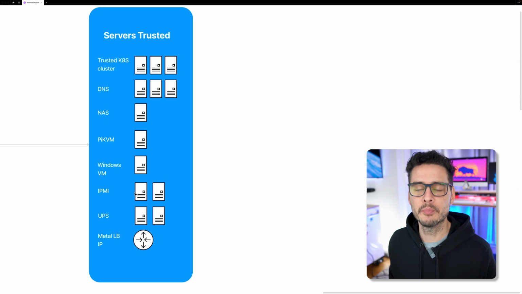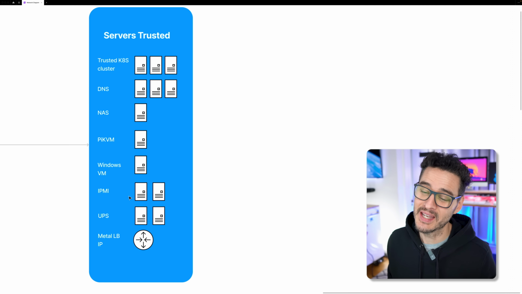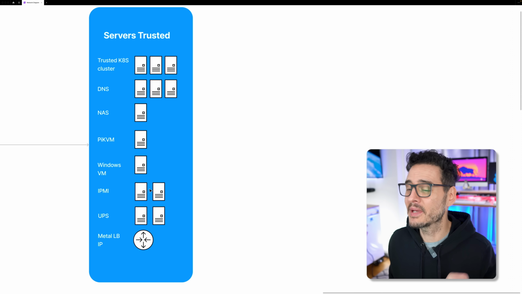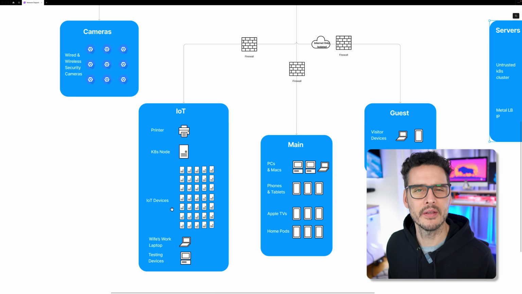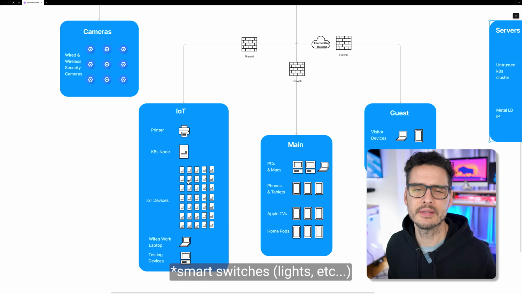Now this is kind of debatable, but I decided to put my IPMI devices on my trusted network rather than on my IoT network. And again, this is a decision that you're gonna have to make. The reason I put them here is because I didn't really feel comfortable putting them on the same network as all of these other IoT devices like switches and stuff like that.